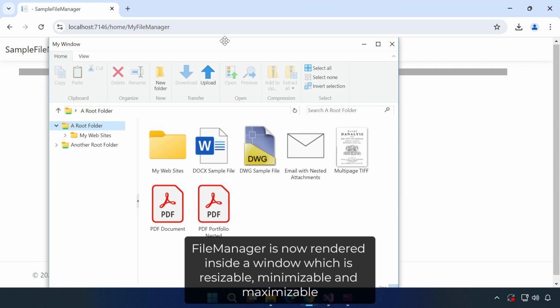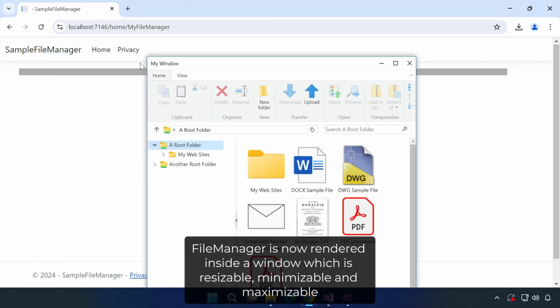File Manager is now rendered inside a window which is resizable, minimizable, and maximizable.